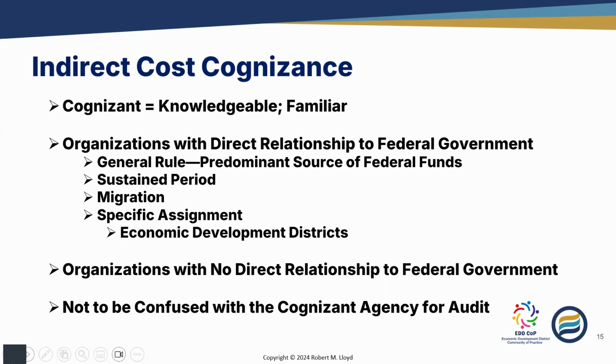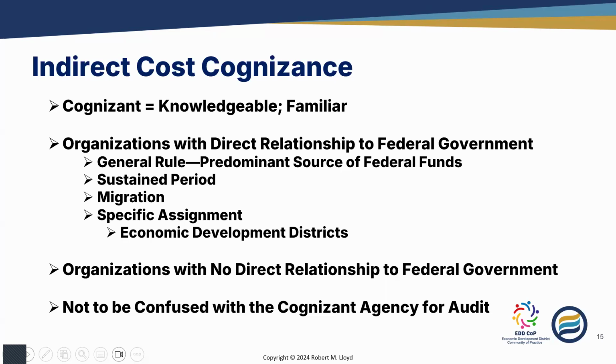As I indicated earlier, economic development districts have been assigned specifically to the Department of Commerce. So whether you are known as an area development district or a regional planning commission or a council of governments, the chances are pretty good that EDA in the Department of Commerce is treated as your cognizant agency. Now, the procedures for governmental units related to indirect cost recovery are derived from Appendix V and Appendix VII of 2 CFR 200.